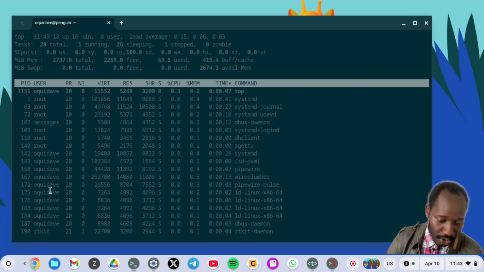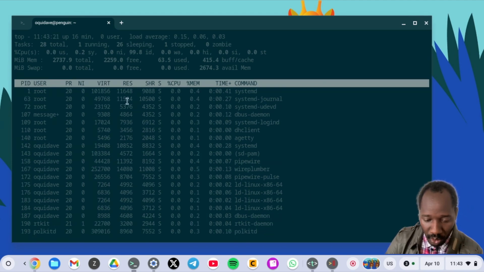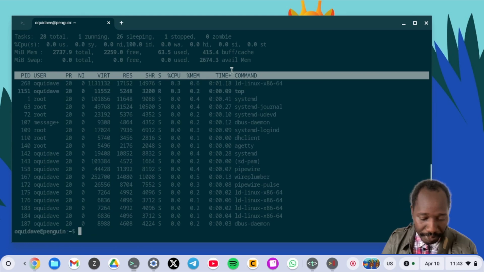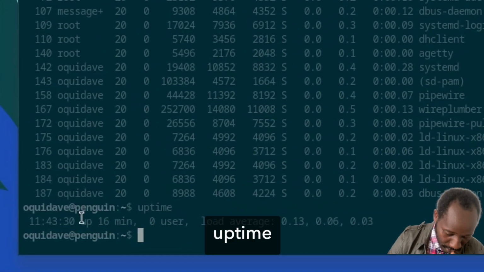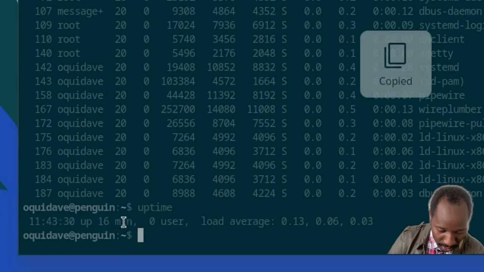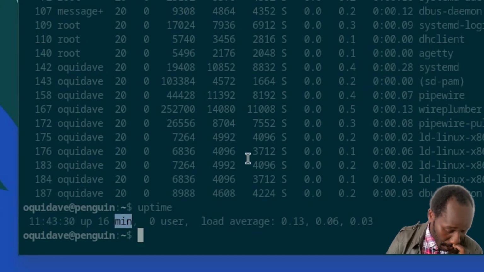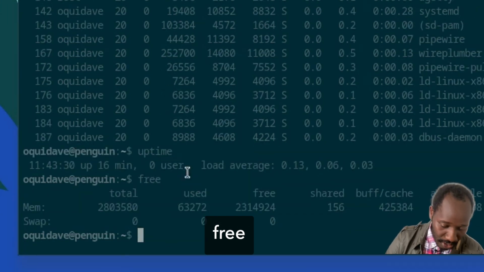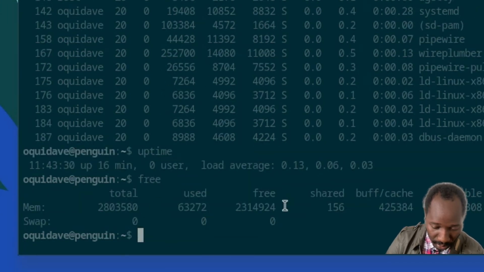User is the user of that process, and I can't really go through all these because top is actually a video on its own, right? You can do uptime just to show you how long the Chromebook has been up without rebooting, and in my case, it just shows me that it has been up for 16 minutes. Okay. Then you can use free to show you how much RAM is used, how much RAM is installed, and so forth. So you can see here I have 2.8